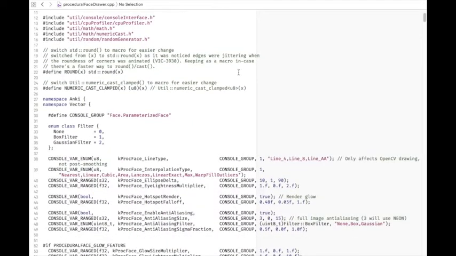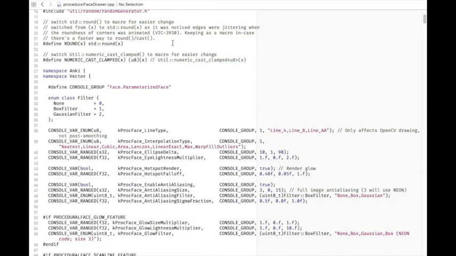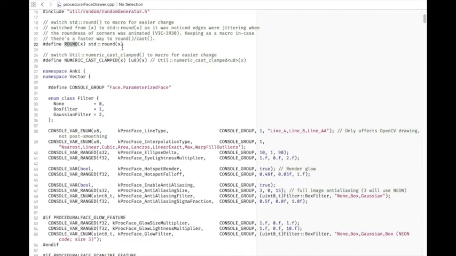So yeah, starting off here at the top, they define a macro, which is just a helper to do rounding. I'm not entirely sure why they didn't just use C++ using standard and use round. Why they went with the full round there is not real clear to me. Perhaps they were concerned about pulling in too much of the other standard namespace and conflicting with other